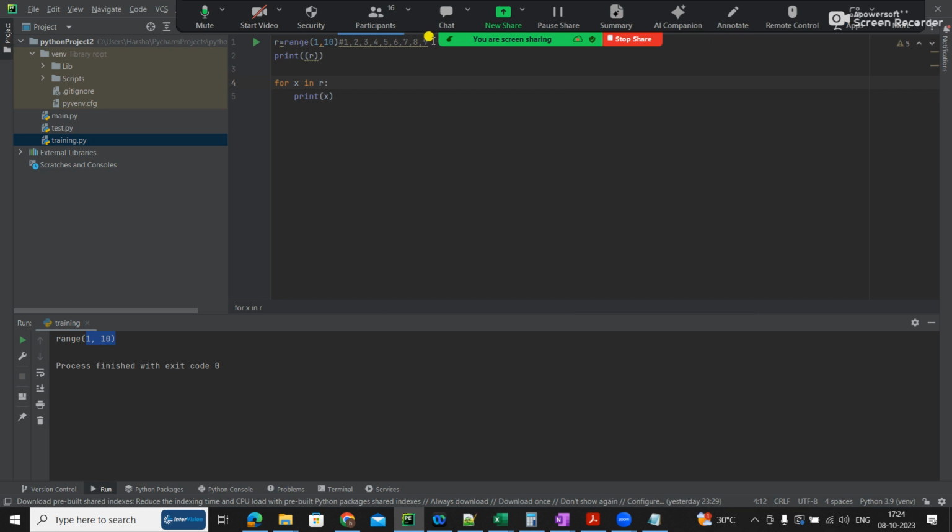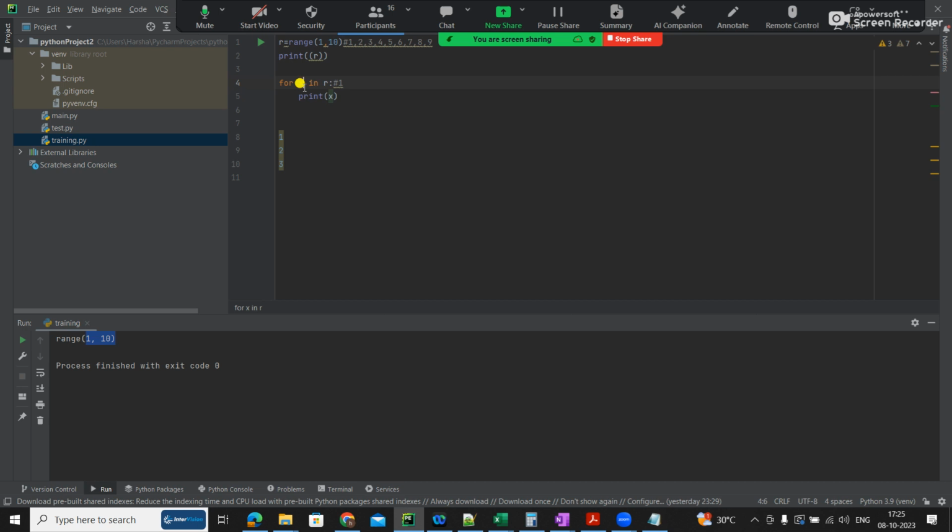So if I had here, r will have all this data. First time it will take 1 and display 1. Second time it goes to this. It will be internally like this only. Like internally, if I take, it would be 1 2 3. First time 1 goes and displays. Second time 2 goes from r, which has all the things. 2 goes to x and you are printing x, so second time 2 will be there.